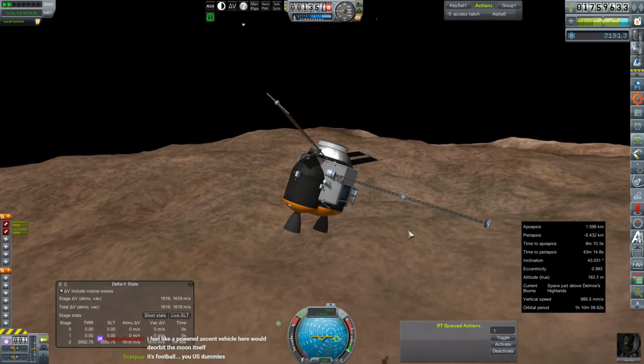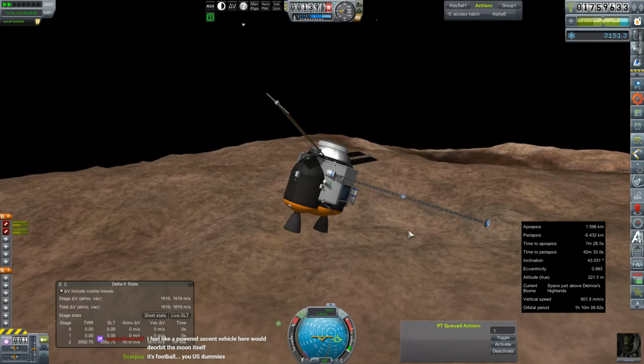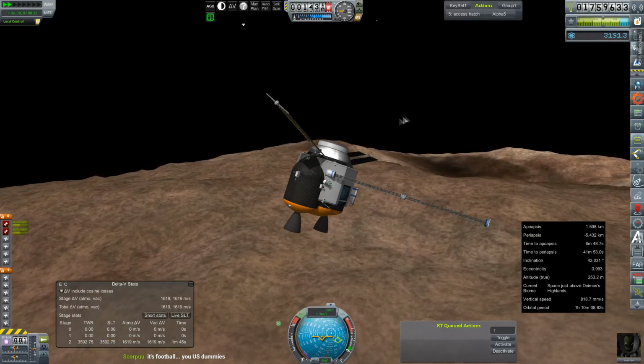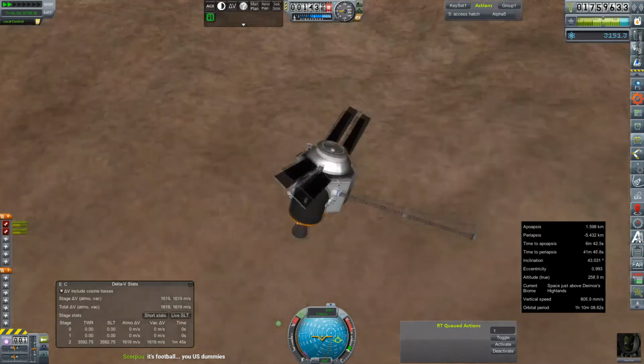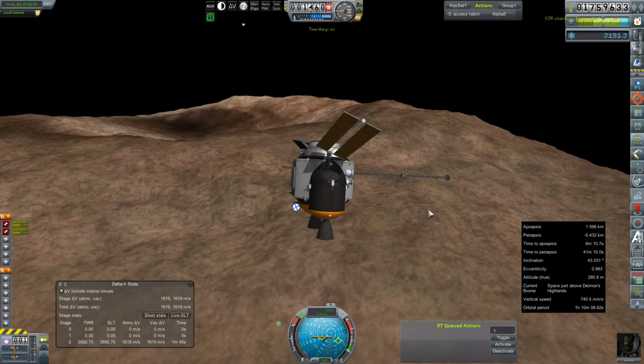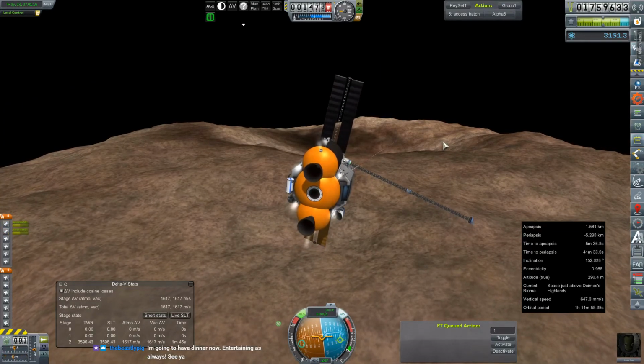I feel like a powered ascent vehicle here would deorbit the moon itself. Quite possible, yes. So I wonder if we get credit for planting a flag if the Kraken explodes it when we time warp away. So we will get angled in here for our first flyover of this crater, which I had just kind